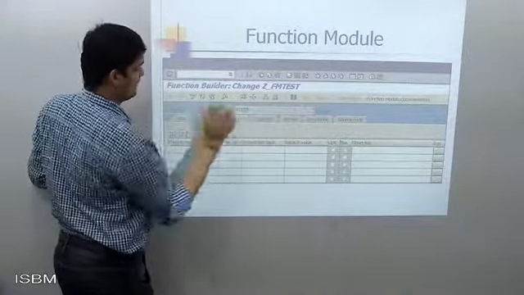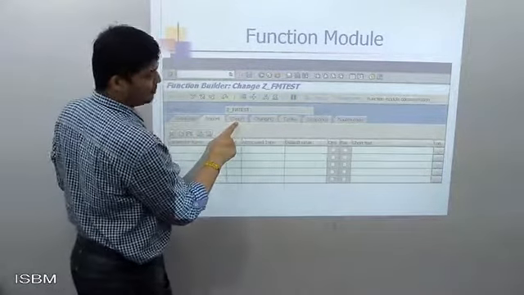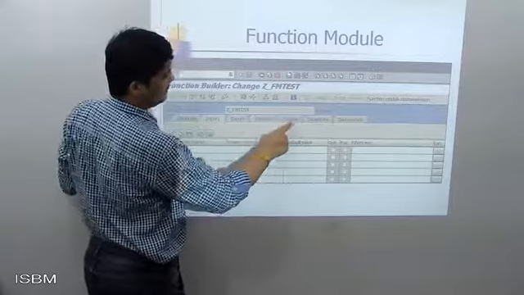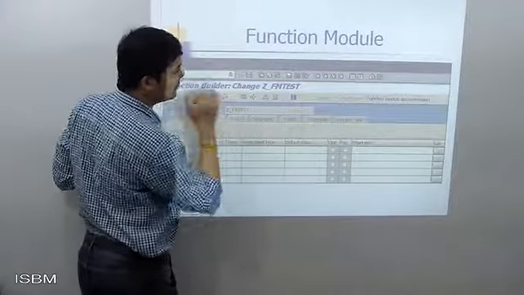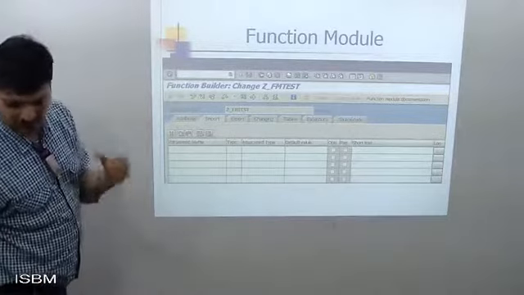ZFM test. It is inactive. Then you can see its attributes. Then we have import and export parameters, a changing parameter, tables, exceptions, and source code. So you can see that the attributes will retain your